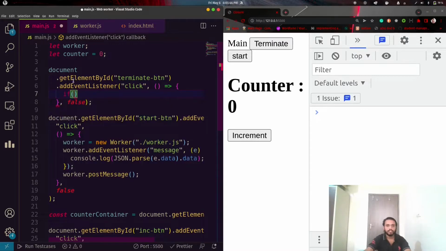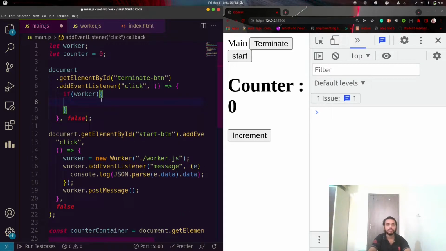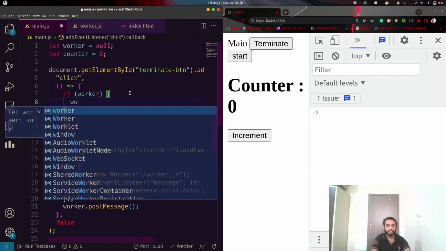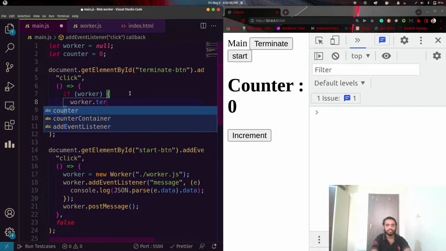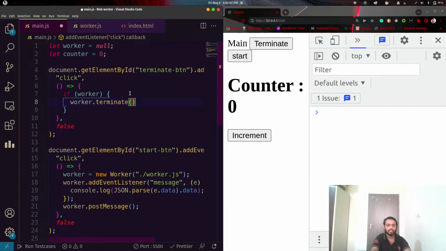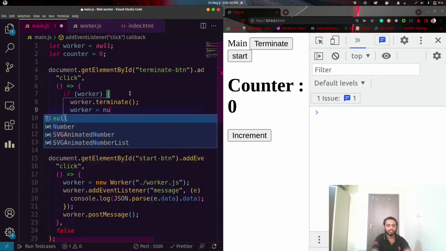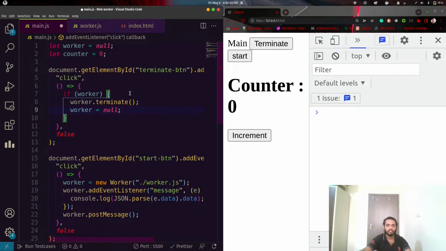So how can we terminate the thread? If the thread exists, then just terminate the thread and set our worker variable to null.